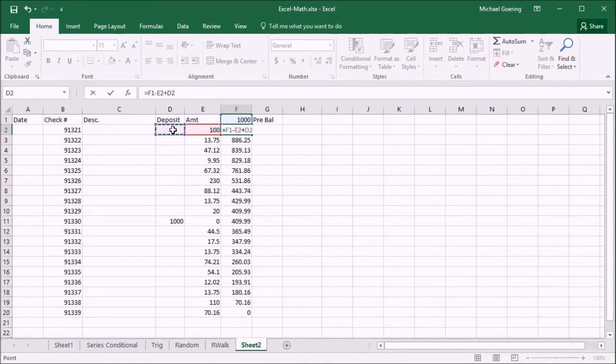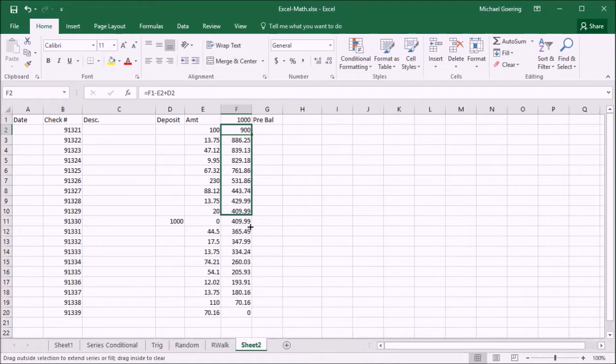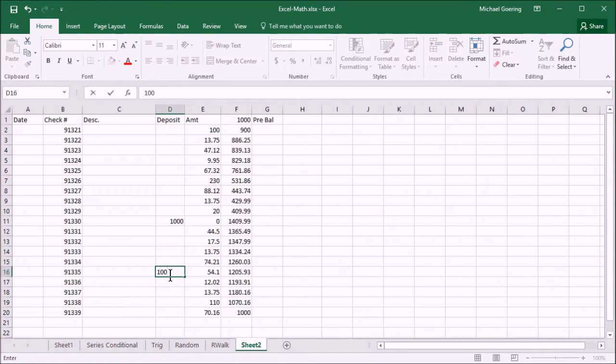Now notice I clicked on this cell and not the cell down here where my deposit is. I want the cell to be in the same row. I'll press enter. My result is the same until I come across a cell that has more. And so that's added to my checking account, and I now have an ending balance. I can add other deposits as they come in,